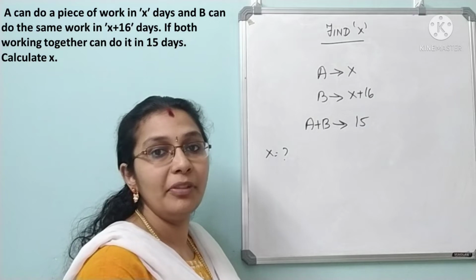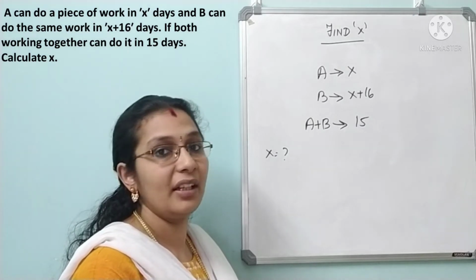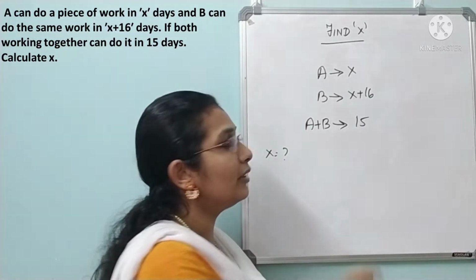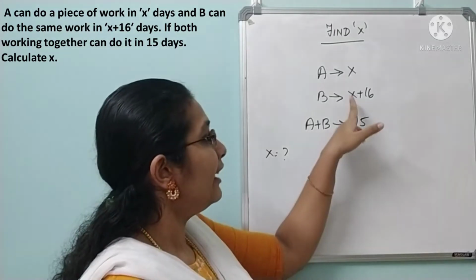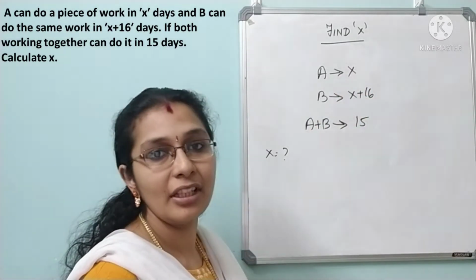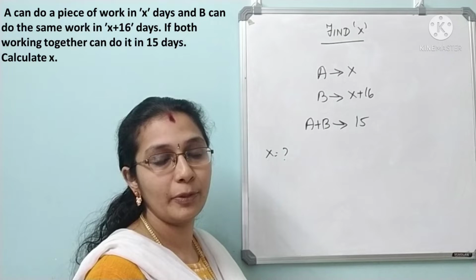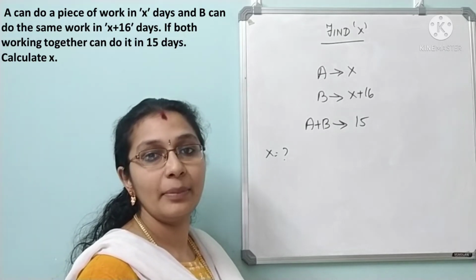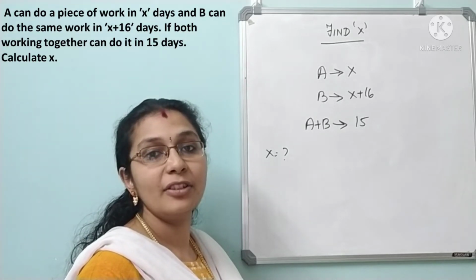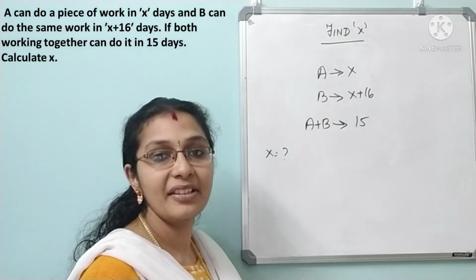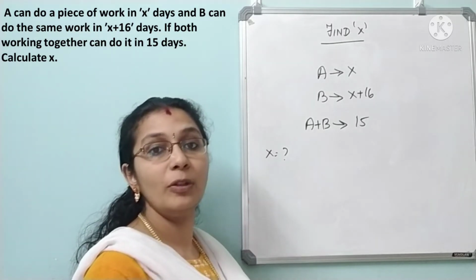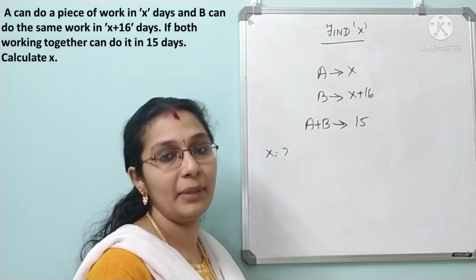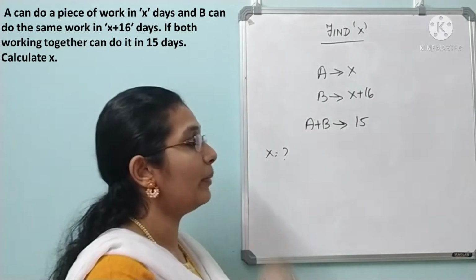So basically what we'll do, we'll find the total work, right? Here we can't go with the LCM method because here also X is there, here also X is there. So we cannot find the LCM and proceed. Instead we'll use another method which I told you based on 1 day's work, that is the fraction efficiency method, which I told you in the first session of time and work. So let's remember that.